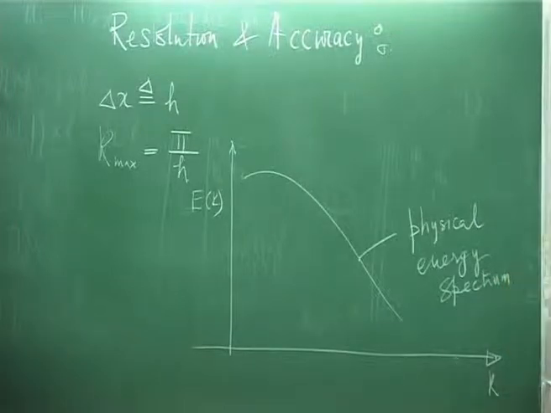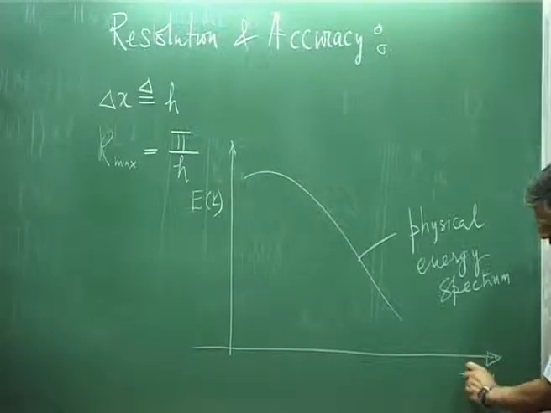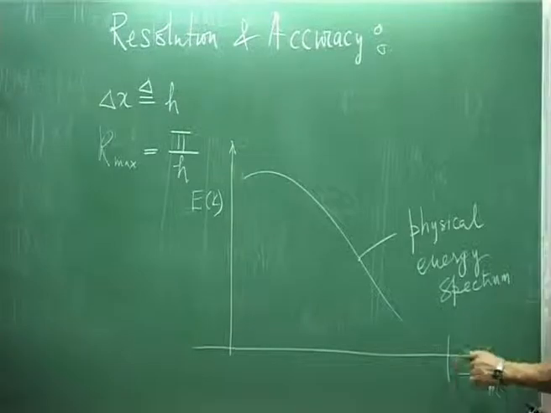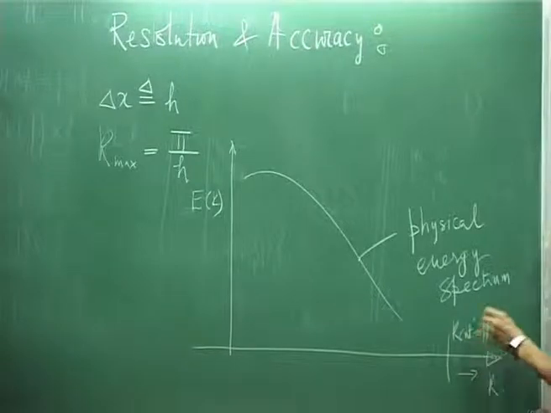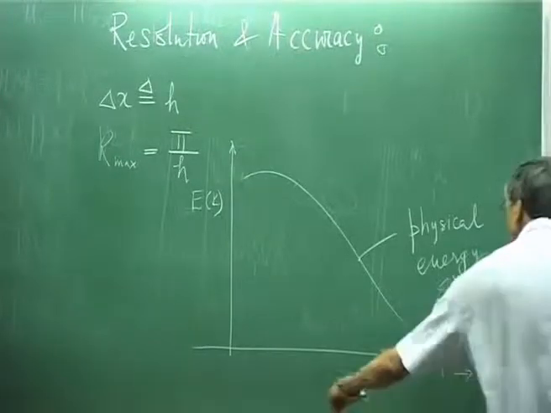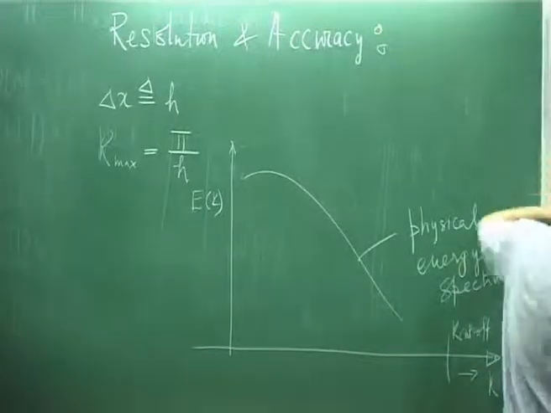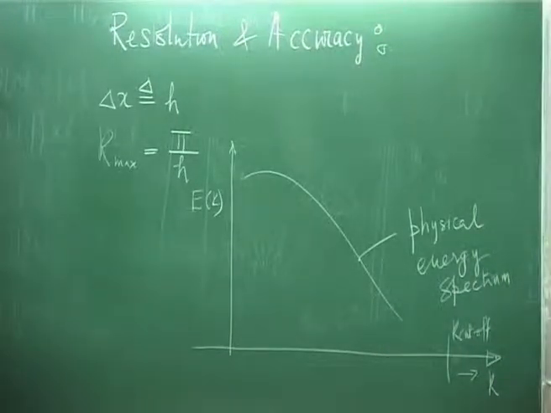right. Now, you want to, let us say, solve this problem. So, how would you choose your K max? Your K max must be greater than this value, the cutoff value. So, this is your physical cutoff value. So, your K max must be greater than this. However, do you think that itself would be adequate? That itself will not be adequate, because if I have to